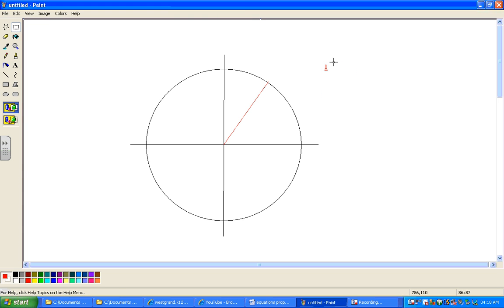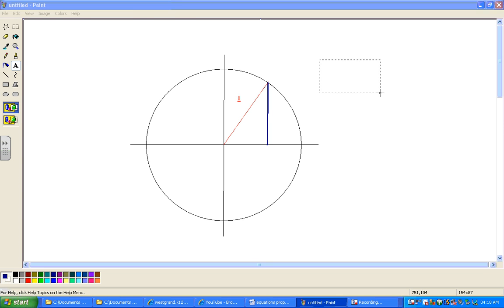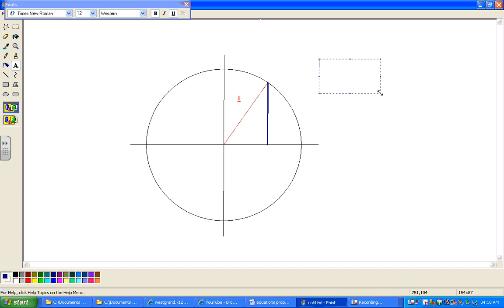And emphasize that. Let's put 1 out here in the same color. Now, at any place on there, we can also extend a line that goes down, so a vertical side, and you need to ask yourself, what stands for the vertical? And I hope that what you realize is that the sine of the angle,